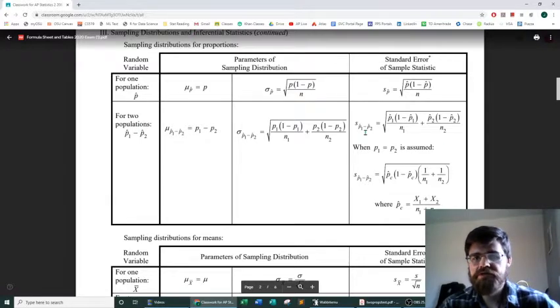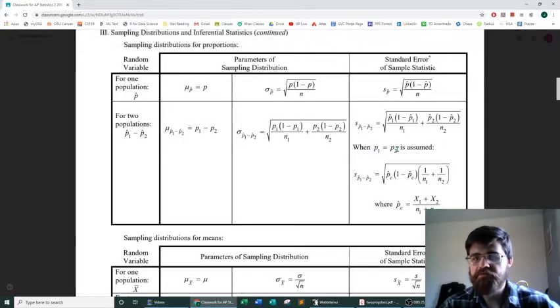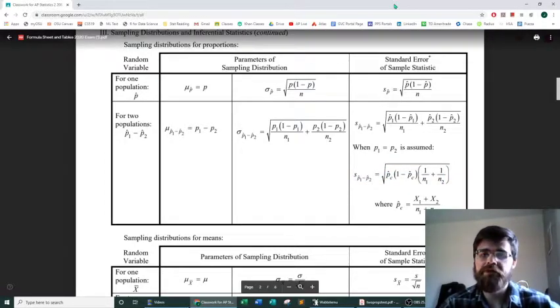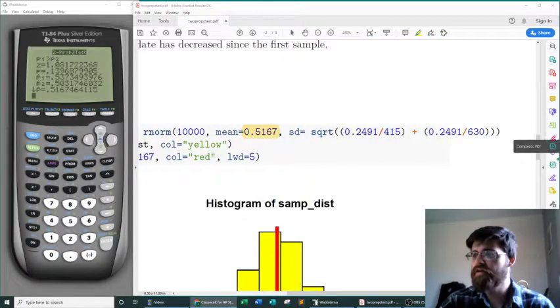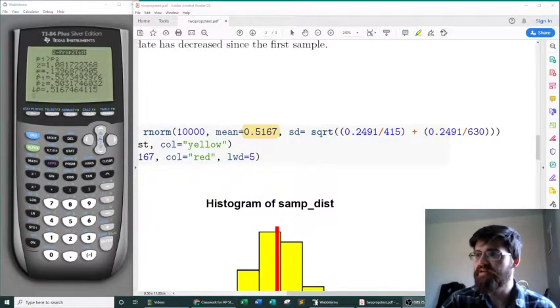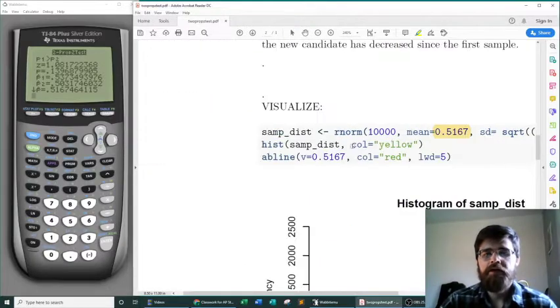For two proportions, if we're assuming that P1 and P2 are the same, then we use this formula. Again, notice you're using the pooled or the combined proportion for that. So all these formulas do exist on our formula sheet, but again, the calculator is the way to go here. All right, so